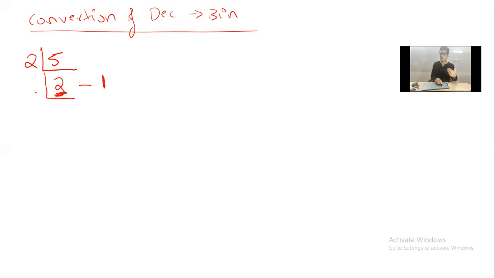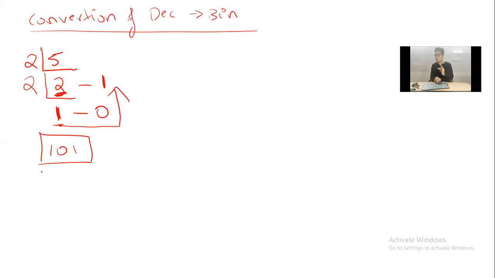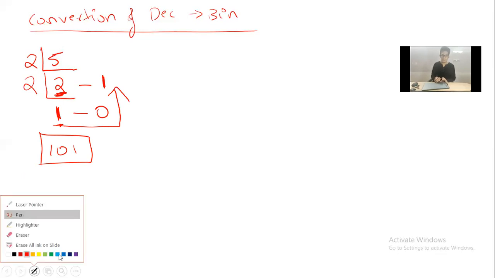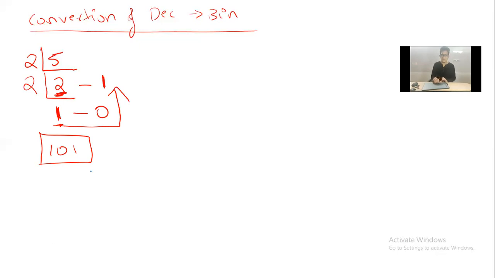Again, you have to divide by 2. 2 ones are 2, right? What's the remainder? 0 is the remainder. Are you seeing 1 here? Yes, which means you have to stop now. After you do this, you have to go in the reverse direction, and you will get the value 101. So 101 is the binary value of 5. This was one example. Now let me give some other examples.